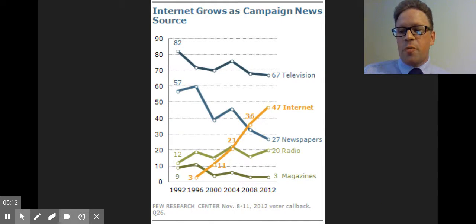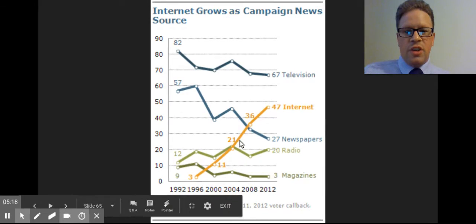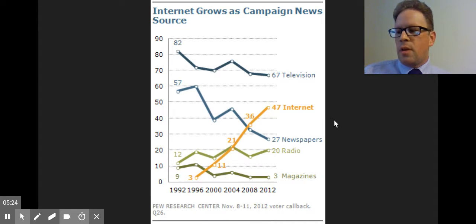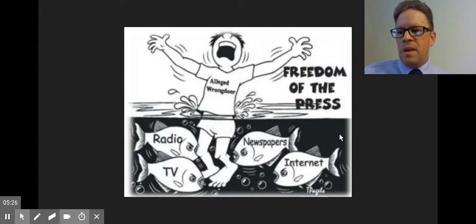While television is the primary source of gaining political information, the internet has grown in importance. As you see, the internet actually has surpassed newspapers, which used to be a large way for many years. The media, by exercising its constitutional right to freedom of the press, is important to the success of the nation by continually scrutinizing the government and providing the public with accurate and impartial information that it can act on accordingly.